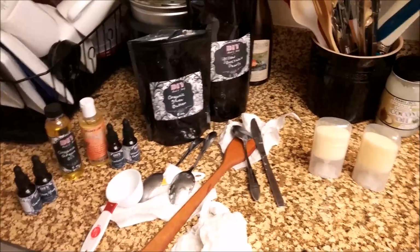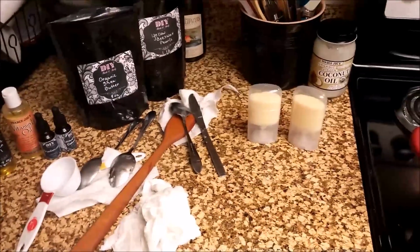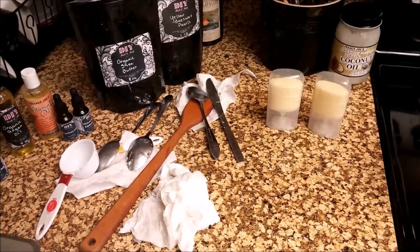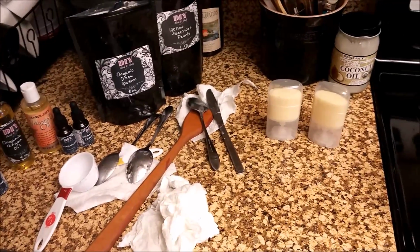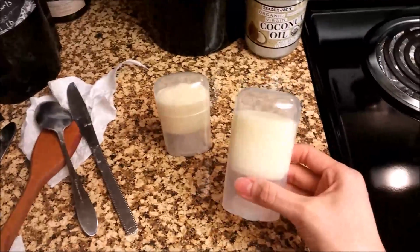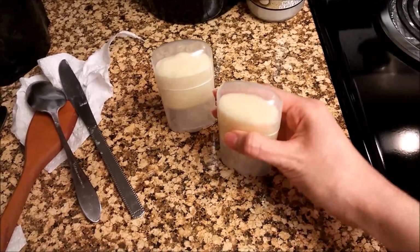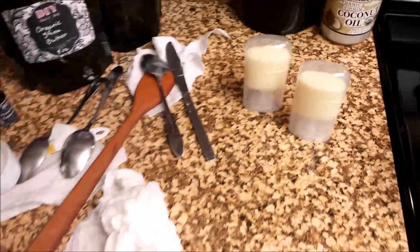Alright, so you missed a lot. It's quite a bit later, but this wasn't a complete fail, but it was a complete mess. It did end up looking pretty nice. I don't know if I can open this with one hand. I'll open it in a bit. But